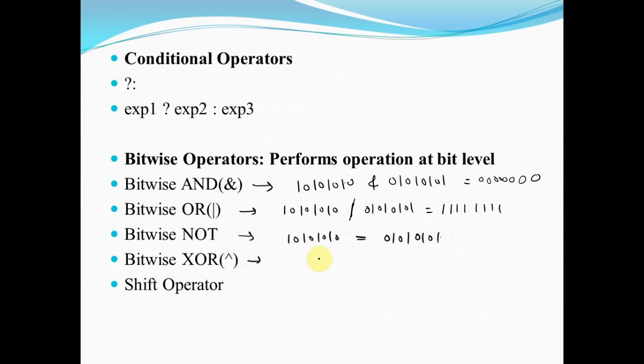Now we will see the bitwise XOR operator. This operator performs the operation on individual bits, and if we see the truth table for the bitwise XOR, we can see that if both the values are the same, the result will be 0. So A, B and A caret B. If both are 0, then it will result in 0. If it is 0 and 1, it is 1. 1 0 will again be 1, and if both are true, again the result will be 0. So this is how the bitwise XOR operator works.